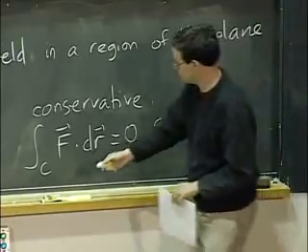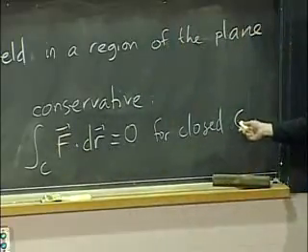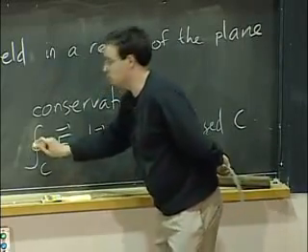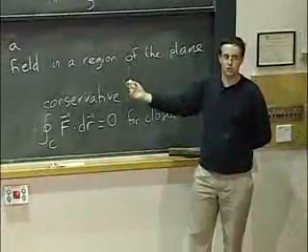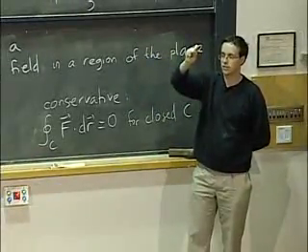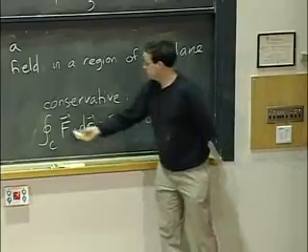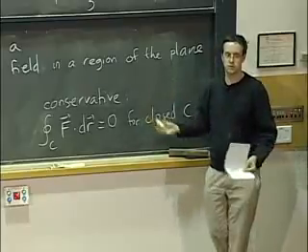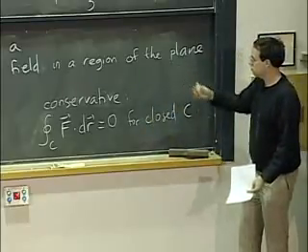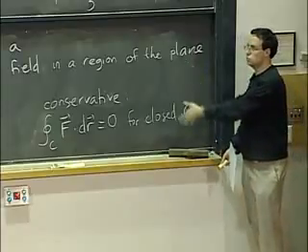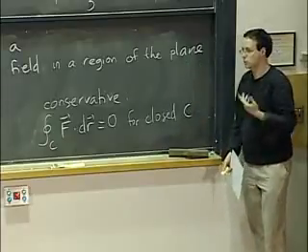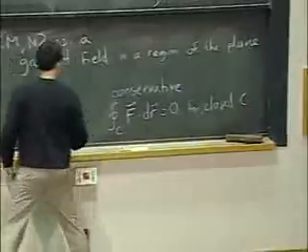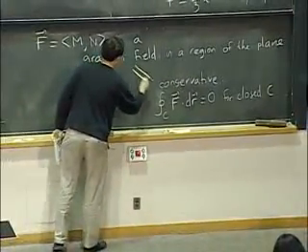So actually, let me introduce a new piece of notation. Just to remind ourselves that we are doing it along a closed curve, very often we put a circle through the integral to tell us, this is a curve that closes on itself. It ends where it started. It doesn't change anything concerning the definition or how you compute it. It just reminds you that you're doing it on a closed curve. It's useful for various physical applications, and when you state theorems in that way, it reminds you, oh, I need to be on a closed curve to do it. And so we've said these two things are equivalent.